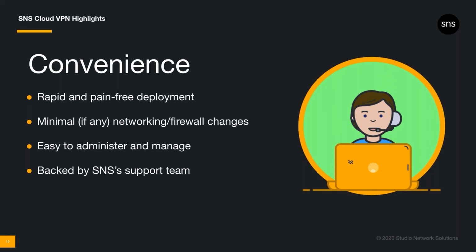One of our architecture goals for this product was to create it in a way that most customers would have no networking and firewall changes to make on their end. And pilot customers have proven that we succeeded with this goal. Some of you may have an IT team that already provides a company-wide VPN. They may be frustrated with your unique needs and may be happy to have the media team using a service that's more appropriate. This may be a better and more convenient alternative for you and them.